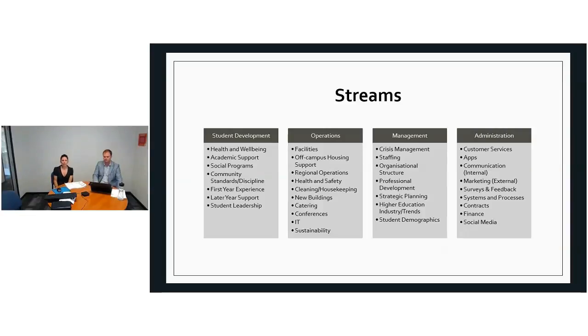Delving a little bit more deeply into the streams that are there, you can see that we've listed all the ideas that we could possibly come up with that fall under each. And these are by no means limited to these. These are just to get those thoughts rolling and to start thinking about what you might wish to talk about under that space.